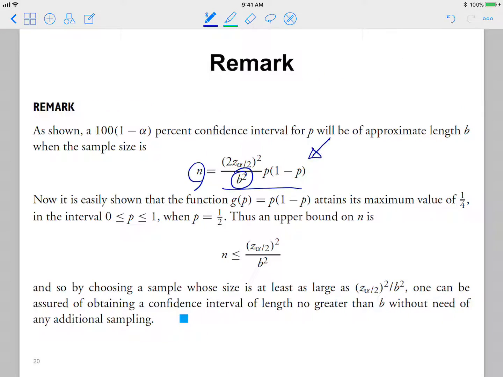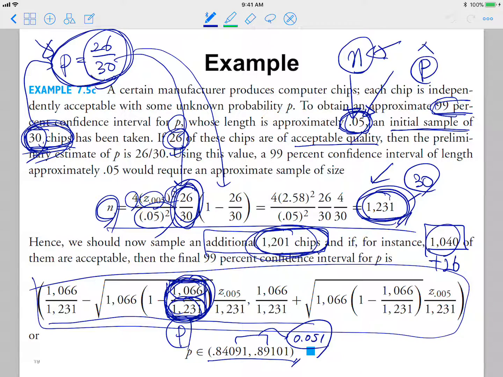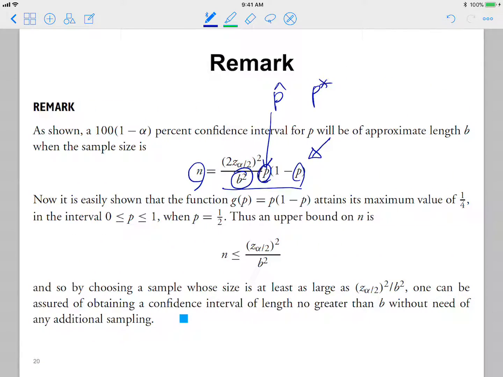Yep, so this is that formula that we obtained in the previous slides. And then, what did we do when handling this P? We replaced this true P with some approximate estimate, P hat or P star. So in this case, it was used as this approximate value of P, right? And this can be an inaccurate value of P, right? So instead of using this inaccurate value of P, let's just